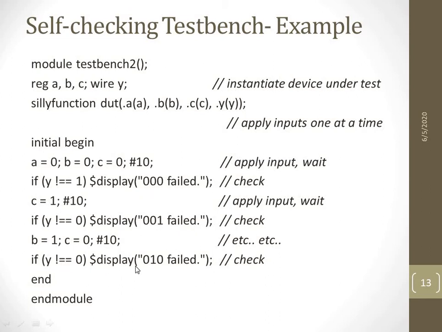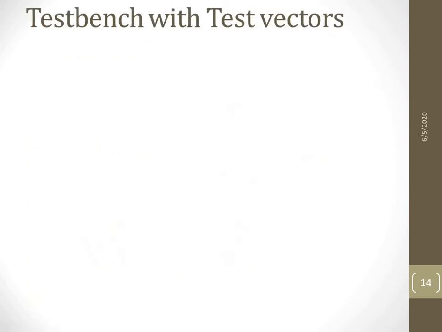So likewise I can give any number of display messages, where, while applying the stimulus and generating the outputs, if the generated output does not match the expected output, I ask the simulator to display a message that I want, so that any other person who is going to verify will easily understand and can trace out the problem. So this is the second type of test bench, which is called the self-checking test bench.